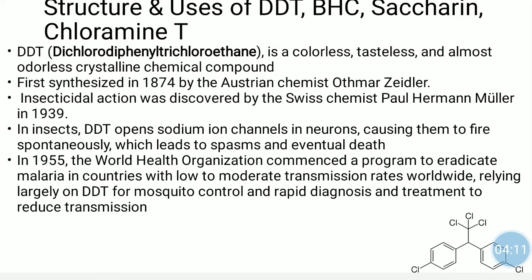So this was the DDT, but after this time the use of DDT was limited because it was found that most of the insects developed resistance against this DDT, and therefore its use was discontinued. Then also it was found that this compound is entering into the food chain, and that was an alarming situation. So at this point of time we are not using DDT for insecticidal purposes. So this is all about the information on DDT.